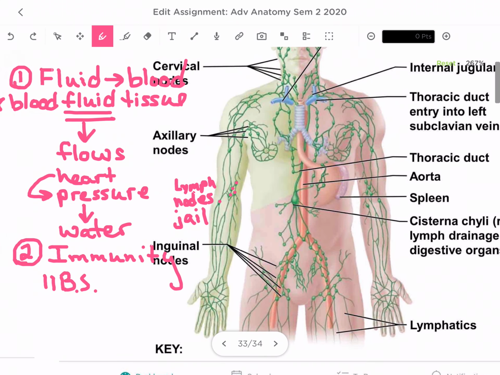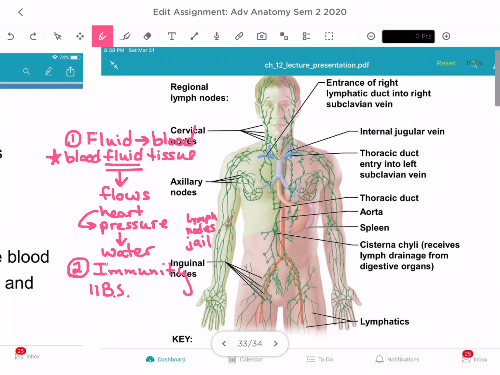Now, besides lymph nodes, you also have some organs that are part of your lymphatic system that don't really belong to another body system, like your tonsils and your spleen. The spleen is listed right there. There are also these really cool things called Peyer's patches around your intestines that absorb bacteria from the fluid around your intestines so that it doesn't get put back into your blood. So anyway, we'll talk about immunity in a minute, but I want to talk about